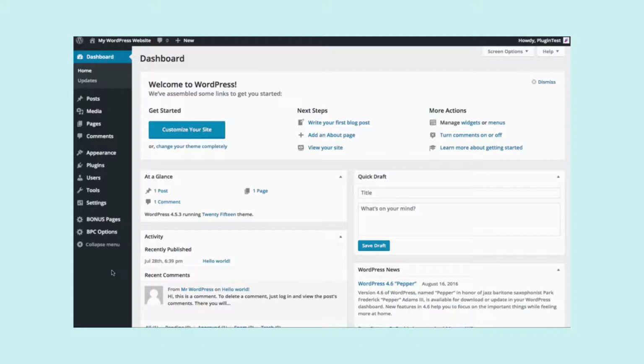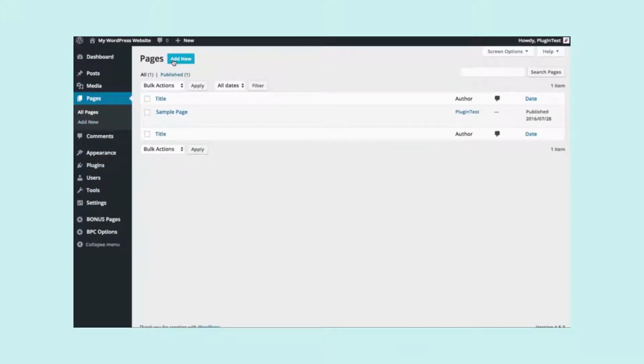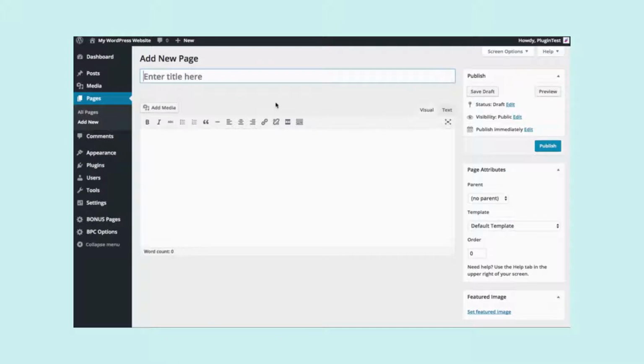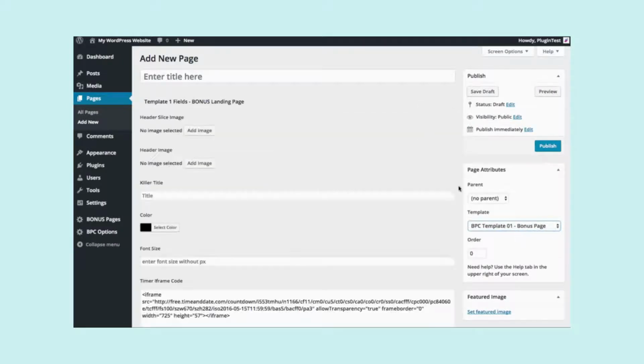So now that we have our plugin installed, it's time to create our first bonus page. Next we want to click on Pages, click on Add New Page, and once we're on the Add New Page, we want to select our template. So we want to select our bonus page template. Once it's selected, you can see how the options have changed. First thing we're going to do is give it a title,